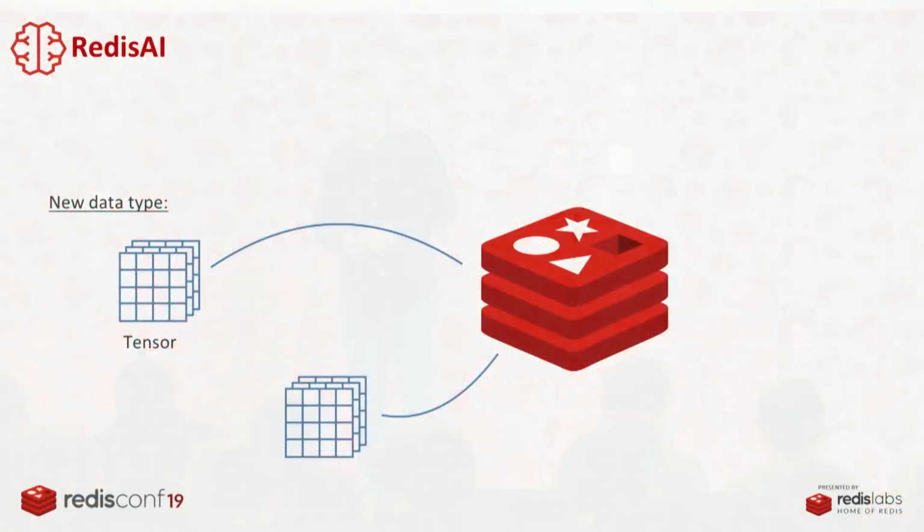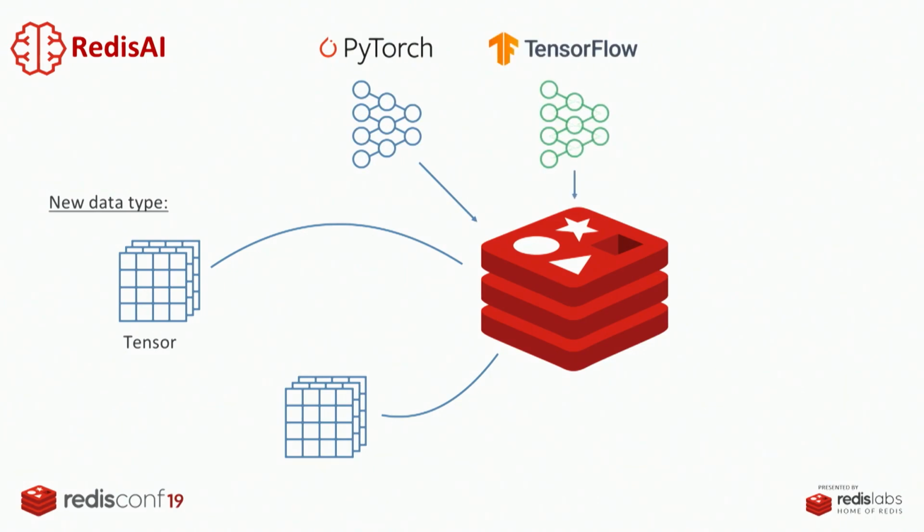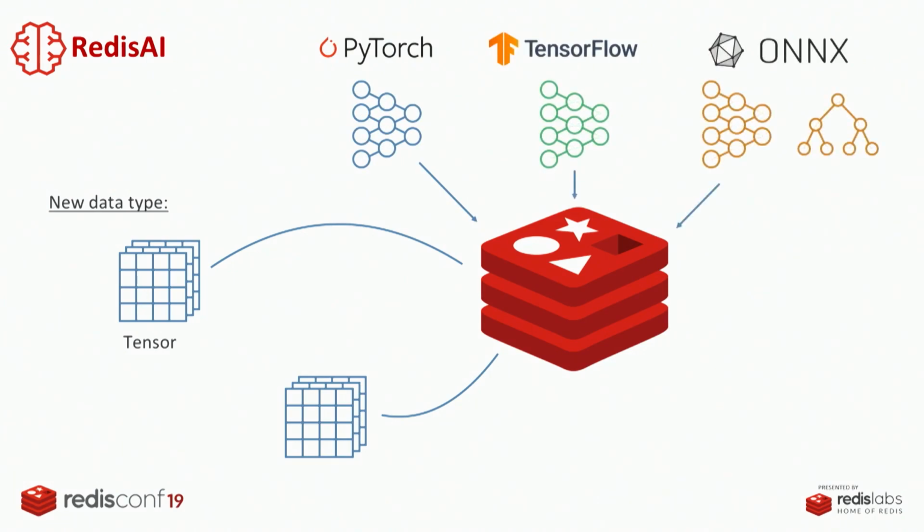So we took Redis and we added a new data type to it, which is a tensor. For those of you who are accustomed with deep learning, a tensor is a multidimensional array that contains numbers in a very efficient representation in many dimensions and in the indexing space. So now with Redis AI, you can set a tensor to a key and get the tensor back. And then you can set a model that was developed with PyTorch or TensorFlow,